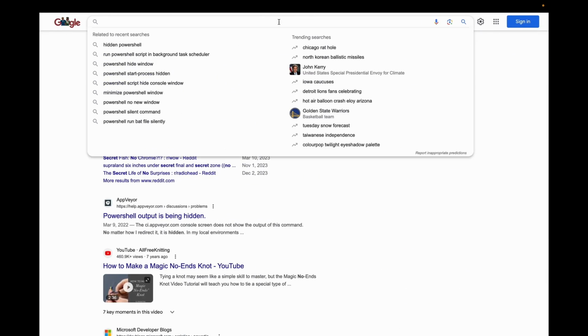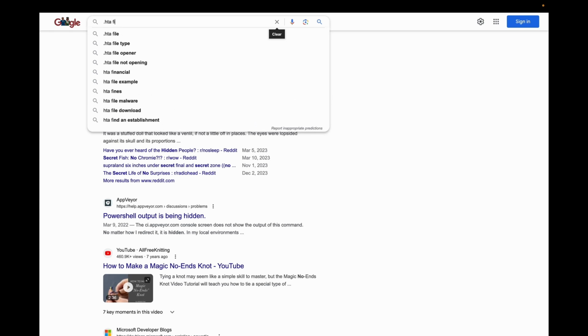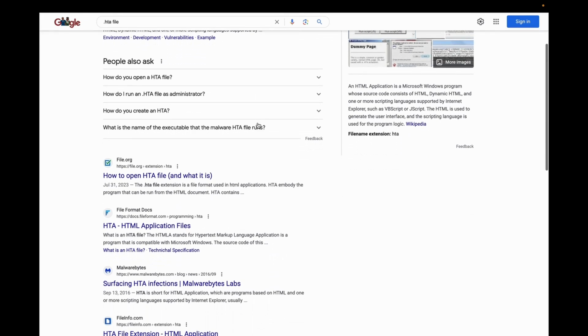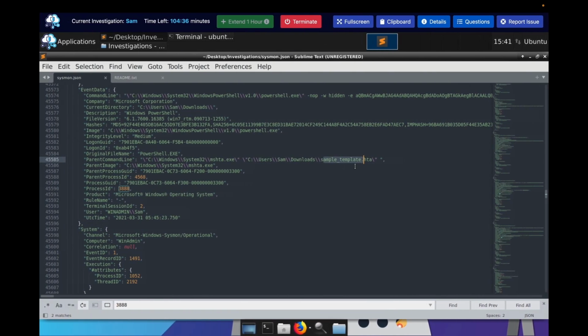Again, we're just extracting everything. HTA file. Wow, interesting. An HTML application. I didn't know that. That's actually interesting. Okay. Wow. Seems like this was launched. Parent image. But pretty much, this was launched, potentially, well, it is, an HTML page or file, which